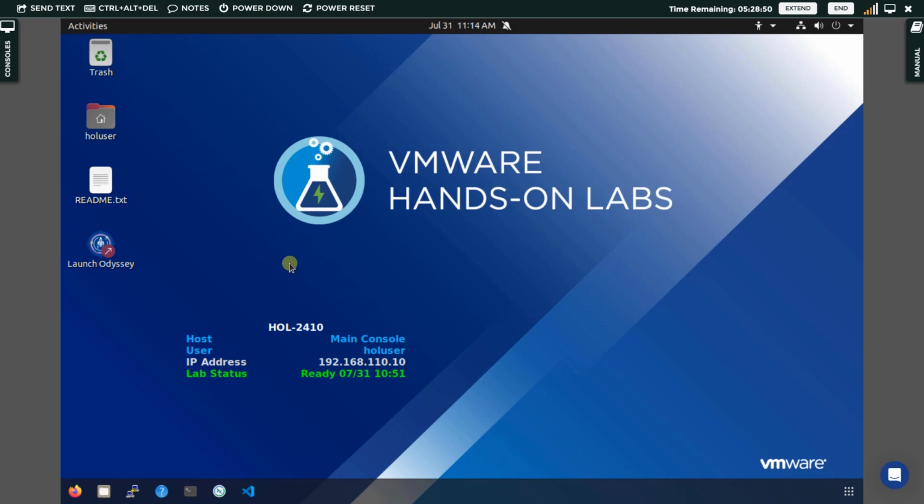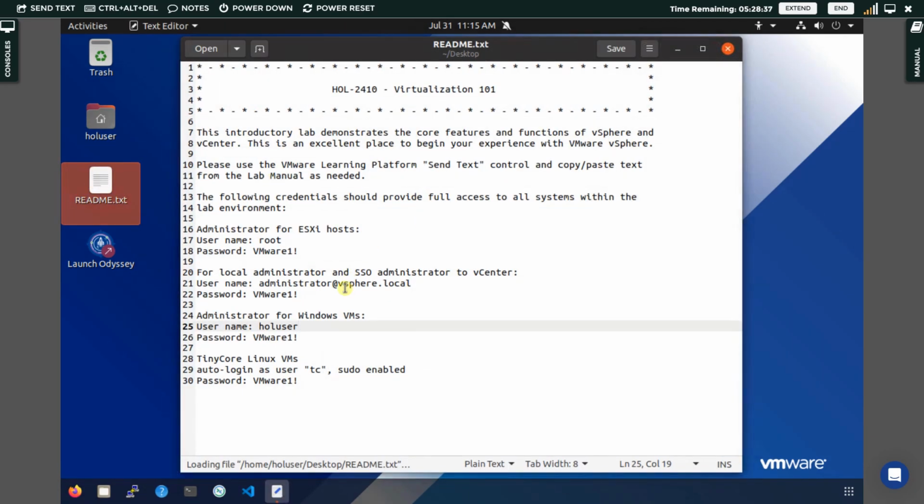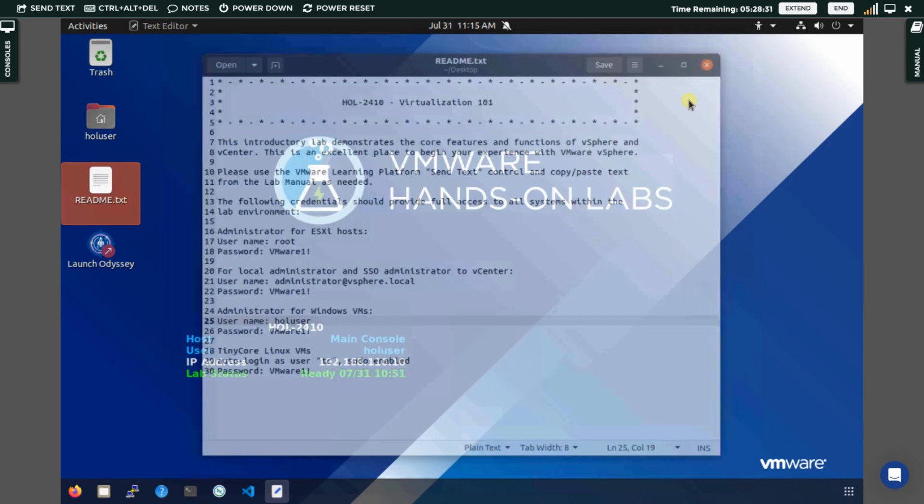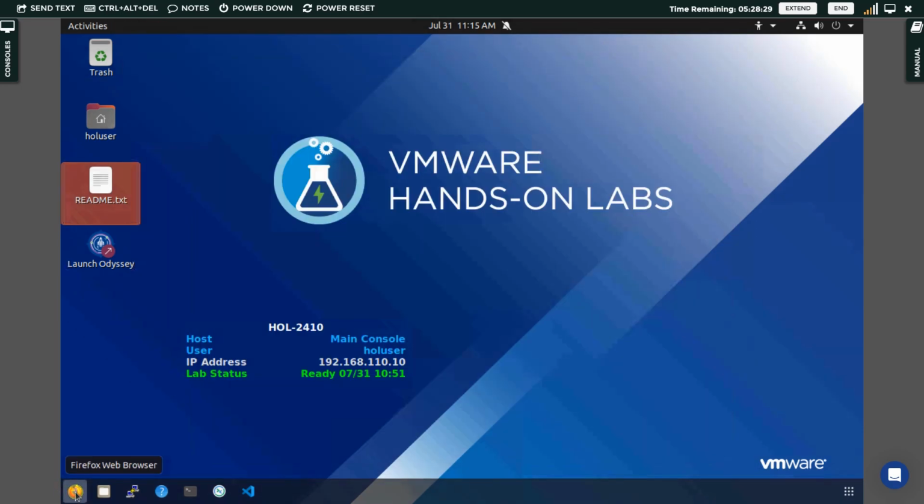What you have to do is, over there you were loading the lab using Google Chrome, right? Over here you will use Mozilla Firefox. Even there was a notepad in vSphere 7 that you used to open and you were seeing the credentials and all, right? See, over here also it is the same thing. Even the credentials are the same over here. There is no change. Close it. Open here Mozilla, the Firefox web browser,